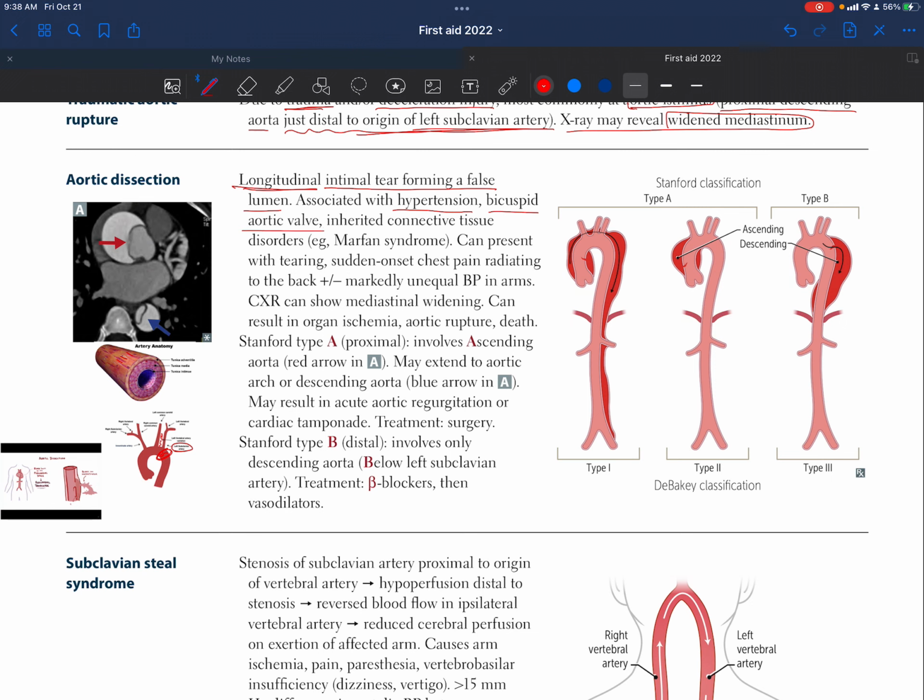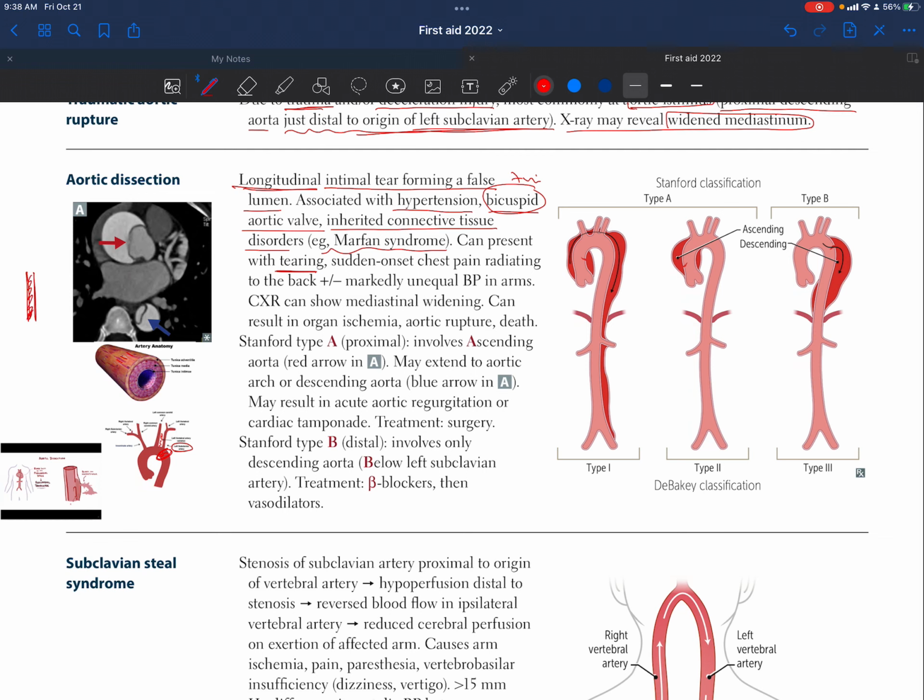It is associated with hypertension, bicuspid aortic valve, which we said should be tricuspid, and inherited connective tissue disorders like Marfan syndrome, because basically